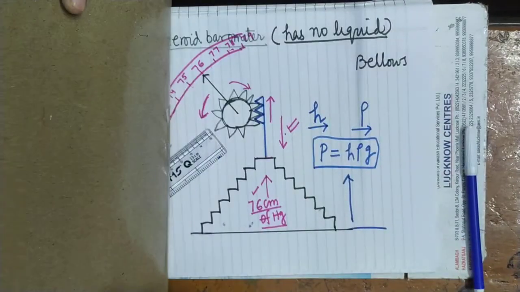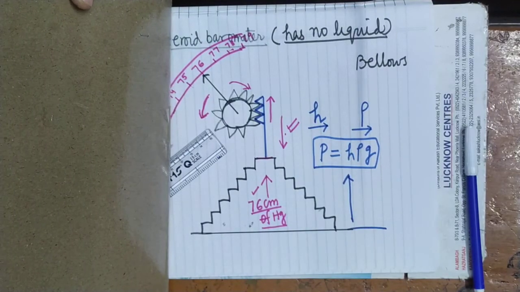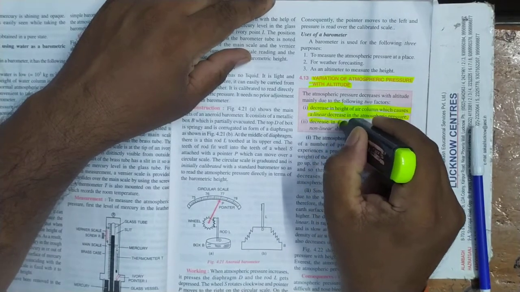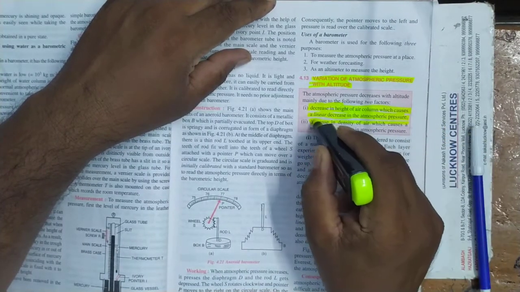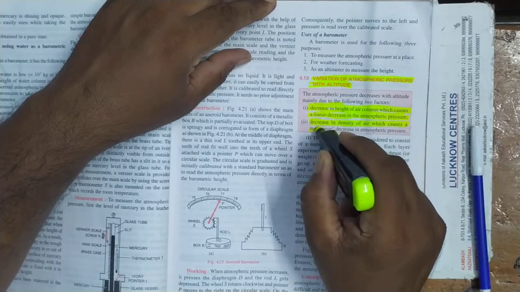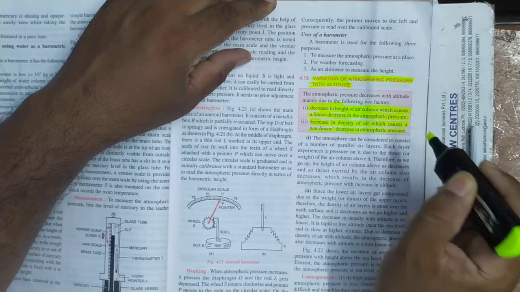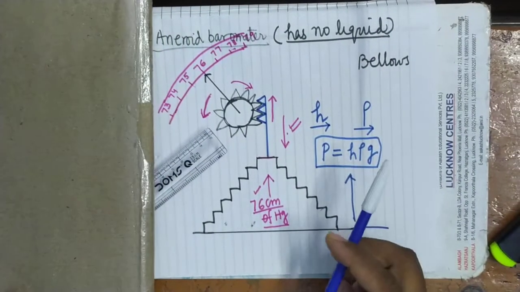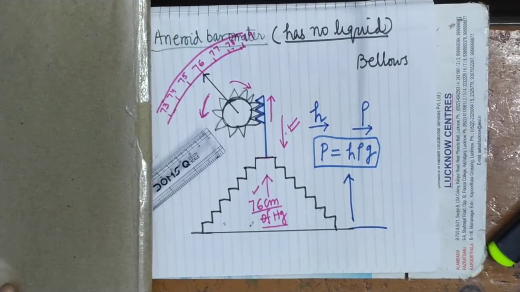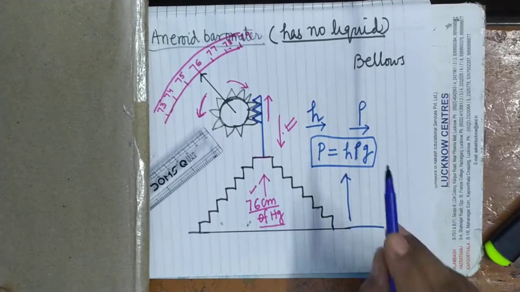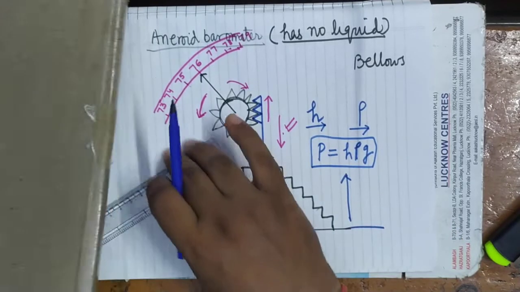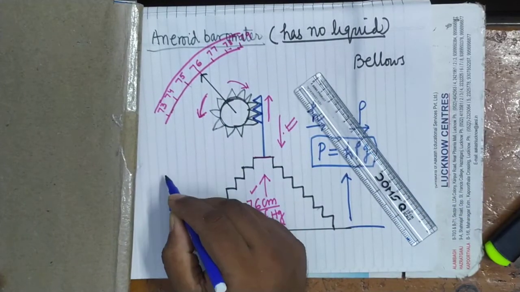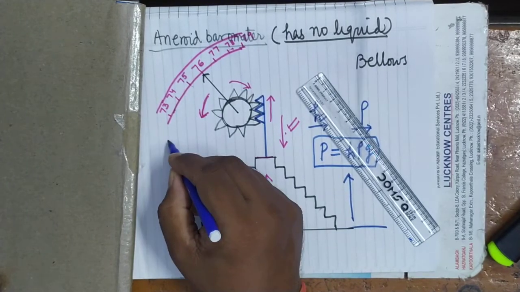And why linear decrease? Because P is directly proportional to H. Then decrease in density of air, which causes a non-linear decrease in atmospheric pressure. And why does density cause non-linear change? You can say that pressure is also directly proportional to density, but the variation of density does not take place at a fixed rate, which I am showing you here from the diagram. There are three places A, B, C.